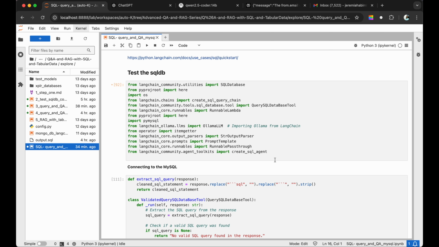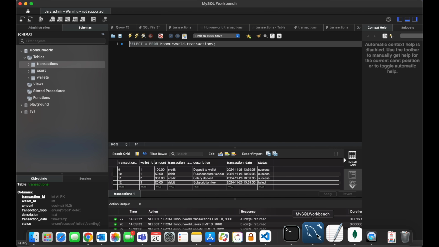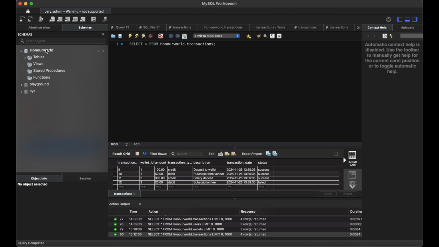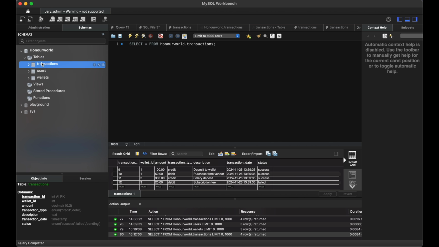I'm going to use MySQL here to do this demo. And here I have my MySQL Workbench. I just named this database Honor World. And in the Honor World database, I have three tables: transactions, users, and wallets. And here is the